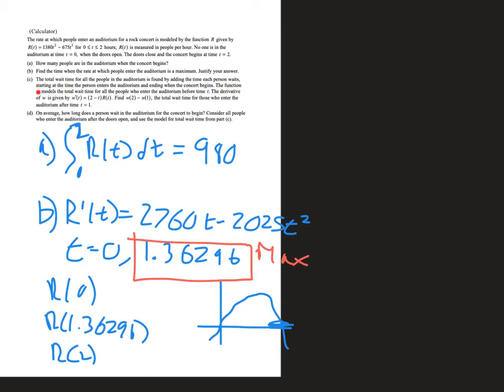It's just that the function W models the total wait time. How are we calculating W? I don't really care. W is the total wait time. The derivative of W is this. Find W of t minus W of 1. Well, this is a lovely story about total wait time, but all I need to know is that I have W prime and I need W, which means I need an antiderivative. And I want, in particular, W of 2 minus W of 1. Well, if I take the antiderivative of W prime,